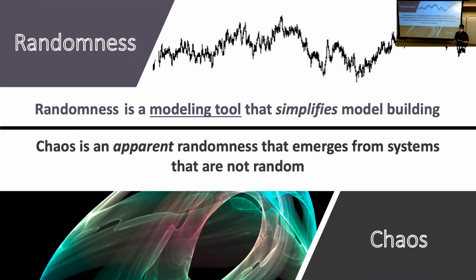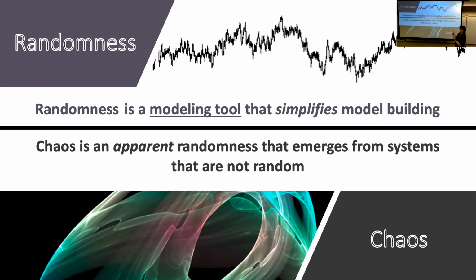On the flip side of that, chaos is an apparent randomness that emerges even from simple systems that are not random. Sometimes you can build a system that only has 1 or 2 stocks, and you run it, and we're going to see here, it's an extreme sensitivity to initial conditions. If you initialize it with your stocks being at one level, you get one output. If you slightly change that level, you get a very different output. And so that's what chaos is. It gives the appearance of randomness when in reality, everything is actually 100% predictable within the system.